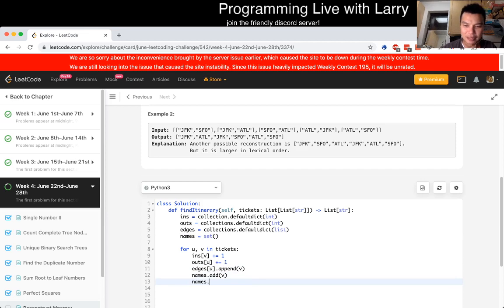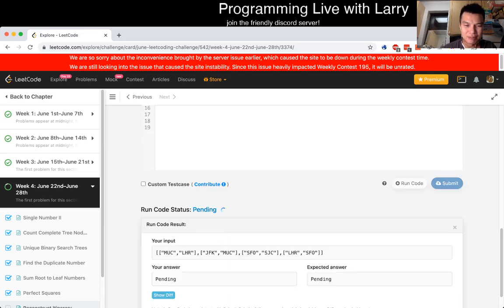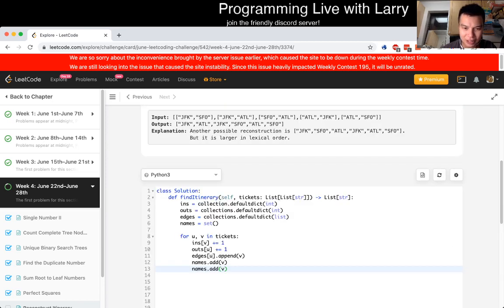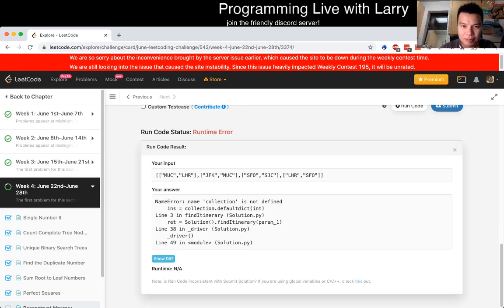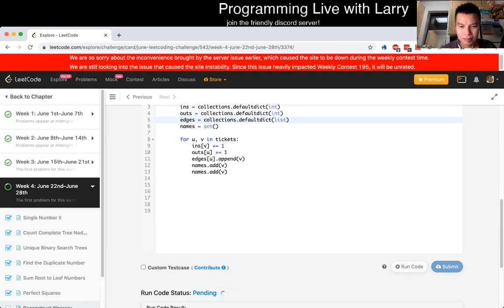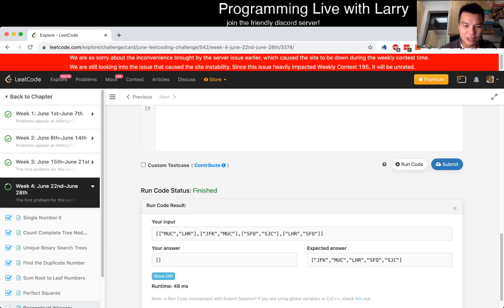I actually don't know if it gives an error on dupes. It's been a while. Did I spell that wrong? Collections.defaultdict. I don't know how I spelled it wrong, but yeah, okay, so it doesn't crash, that's good.